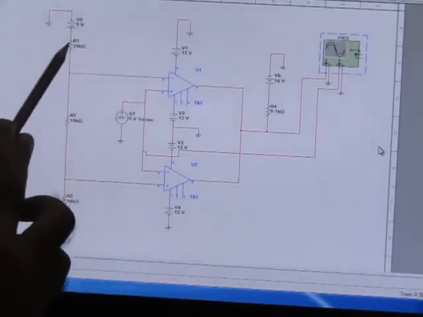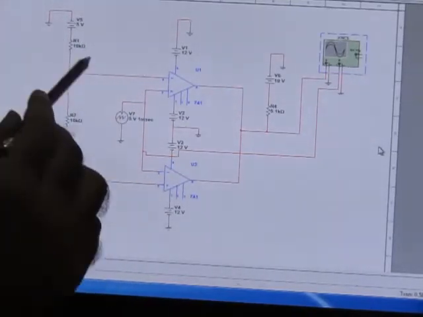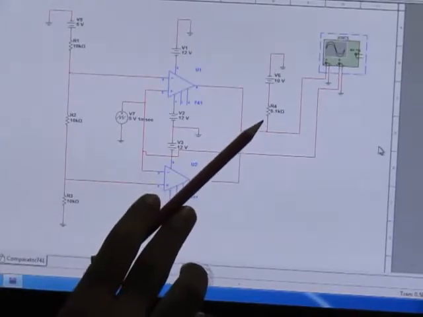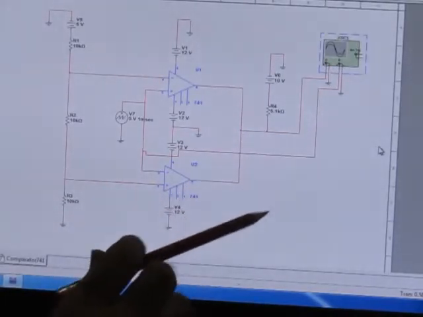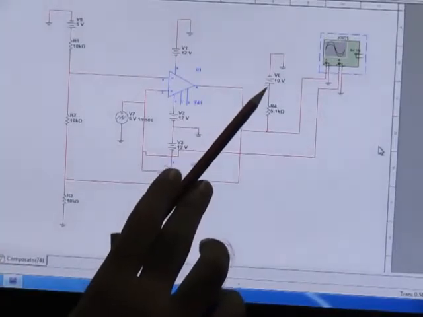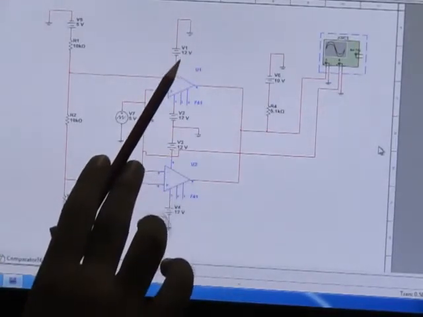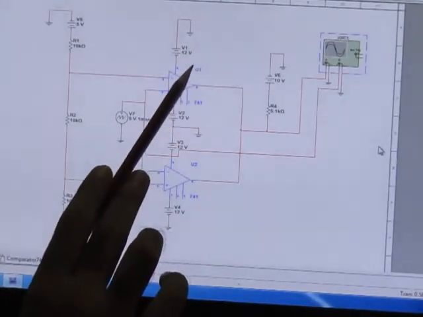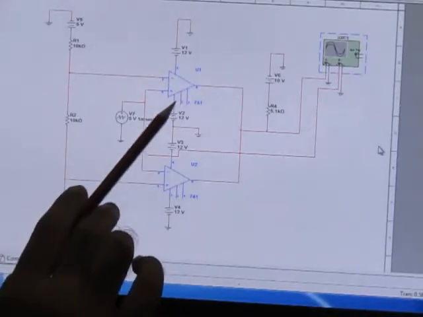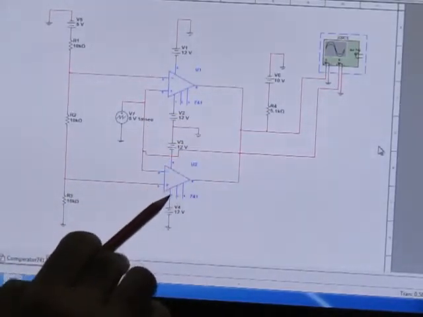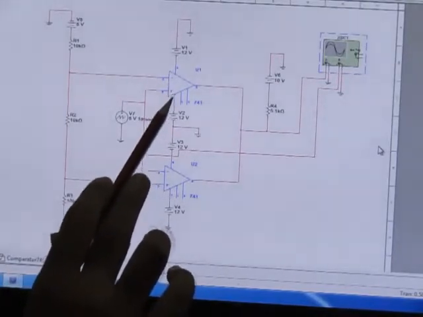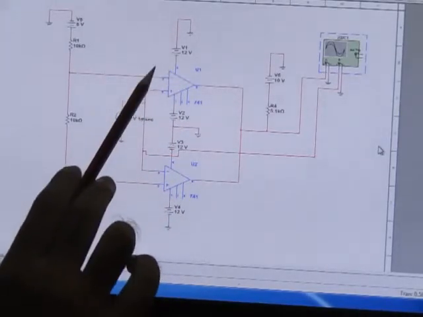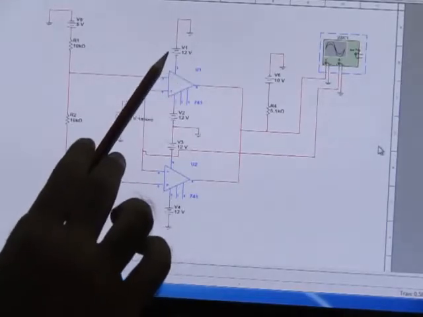And next we have used some 10 kilo ohm resistors, okay, 10 kilo ohm resistors, and there is a 5.1 kilo ohm pull-up resistor, fine, and on that we have used some pull-up voltage of 10 volt. Then each op-amp will have plus 12 volt for their pin number 7, and for this op-amp also we have plus 12 volt. Similarly for each op-amp, for its pin number 4 we have applied negative, that is minus 12 volt, right?